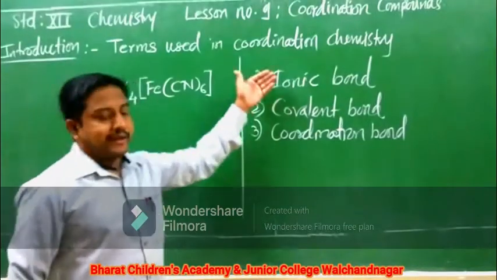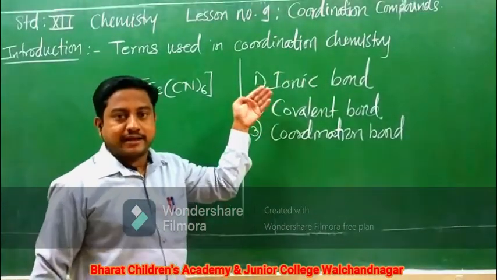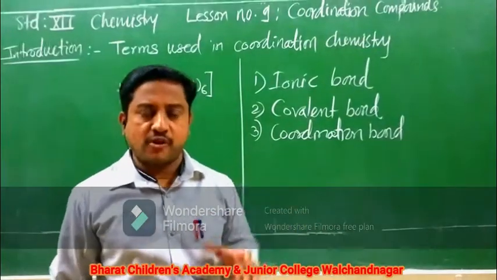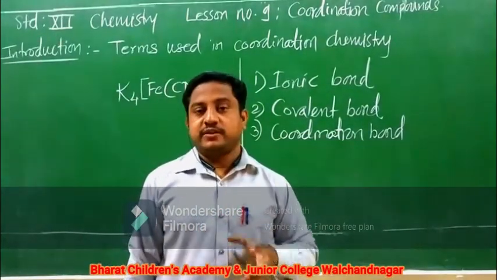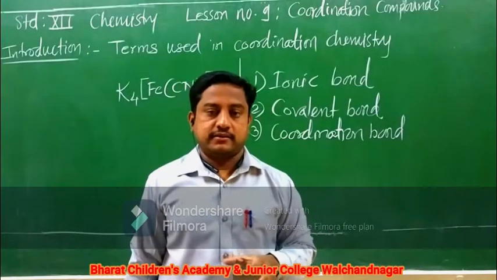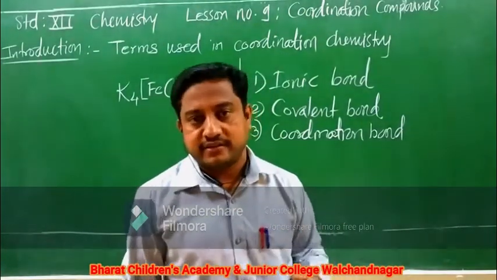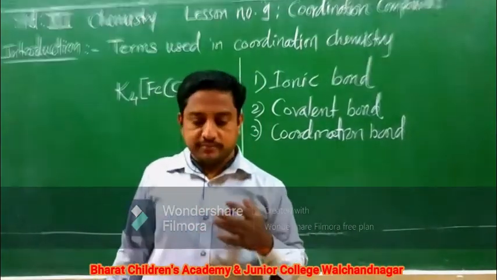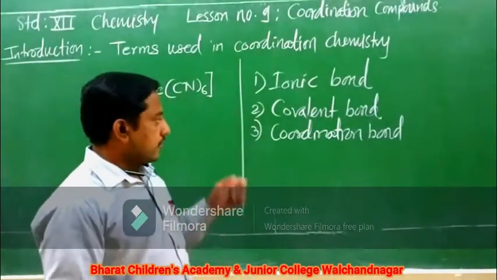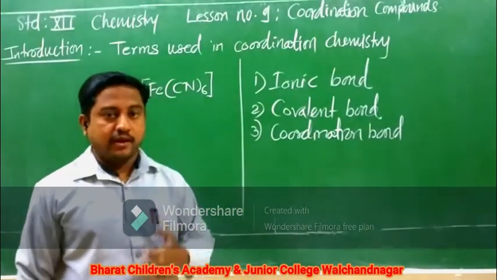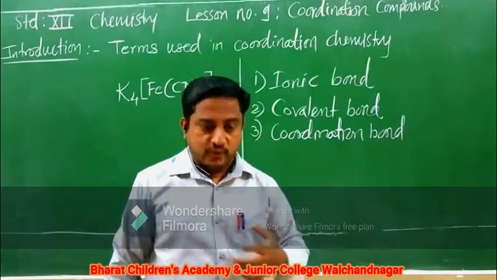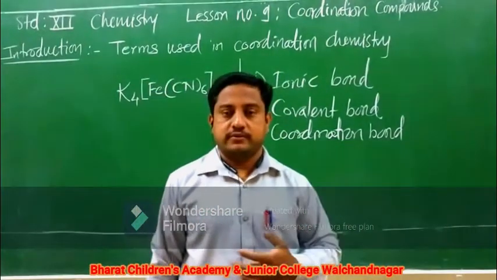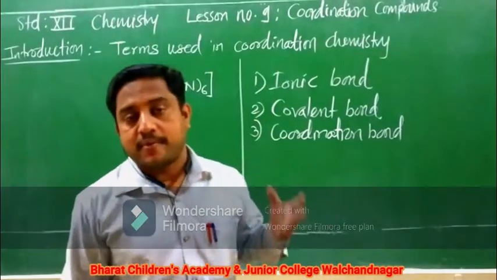See, in case of the ionic bond or ionic compound, generally one atom will donate the electron and the other atom will accept the electron, and that is how there will be the formation of two ions which will be in bond. Right. These two ions are oppositely charged ions, and therefore there will be the force of attraction between the positive and negative ion which will keep them together. Whereas in case of the covalent compound, generally two different atoms share one or more electrons with each other, and that is how the covalent compound is formed.